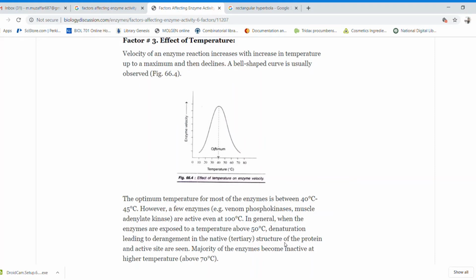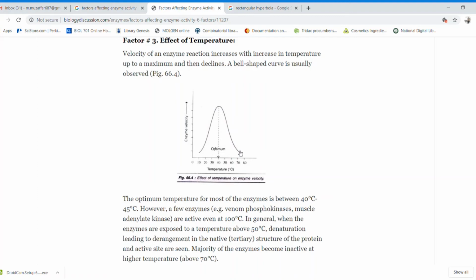Moving on to the third factor, that is the effect of temperature. As you know, all the enzymes are heat labile. They get denatured by increased temperature. So you can see in the graph, as temperature is increasing, the velocity is also increasing up to a certain point, that is until 40 degrees. Beyond 40 degrees, you can see there is a decline in the graph, which means at this temperature all the